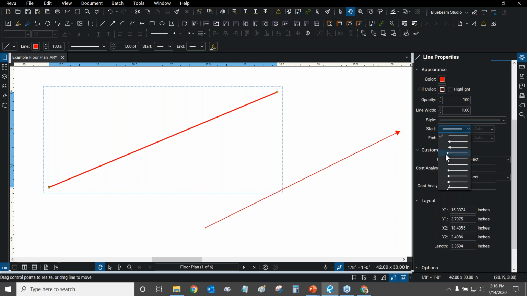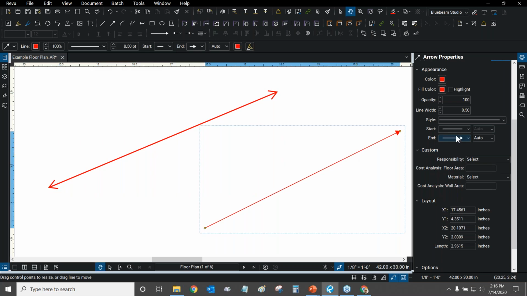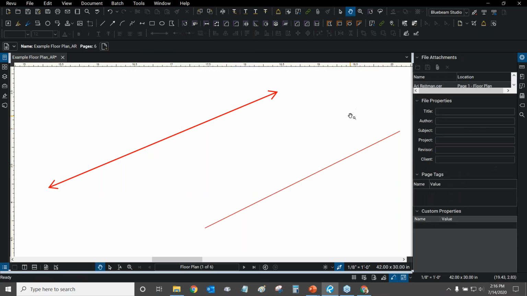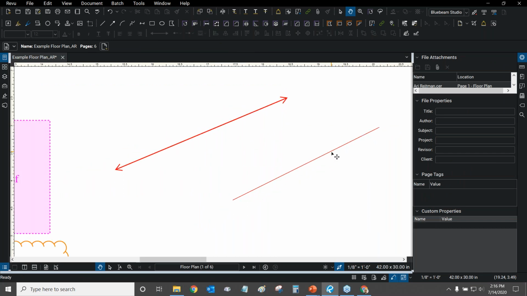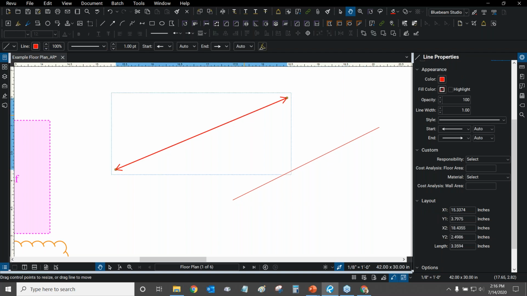And this is why lines and arrows are so similar to one another, because now I can change my line into an arrow if I wanted to. I can put different kinds of arrows on the end. I'll click on this arrow now, and funnily enough, I can turn this into a line. Quite interesting how they've separated the markups for each one, but they have very, very similar properties.